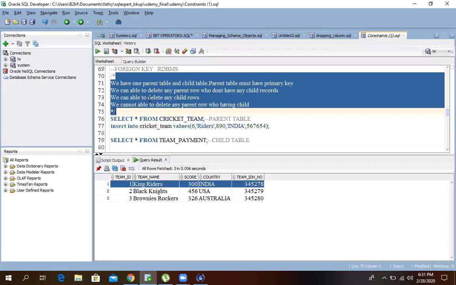When you go for a job, you need to know about this concept. Are you okay?